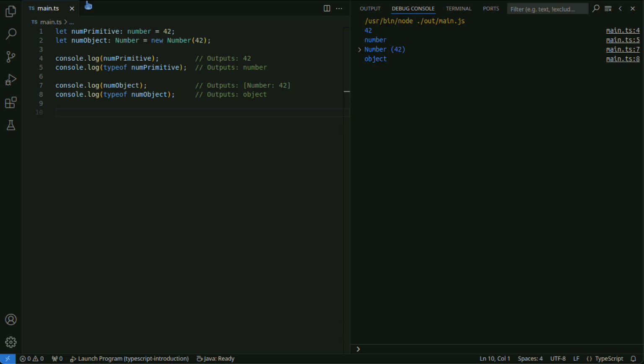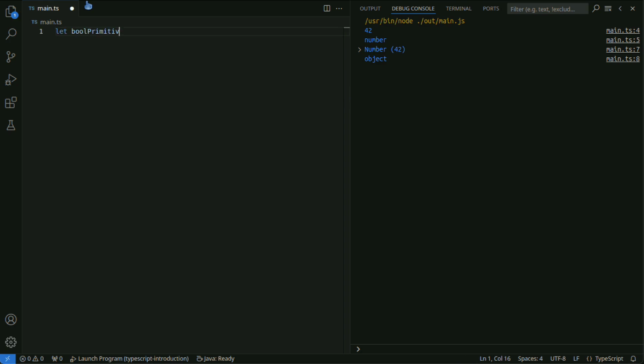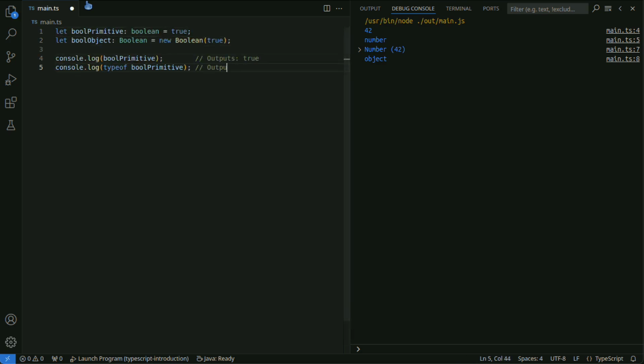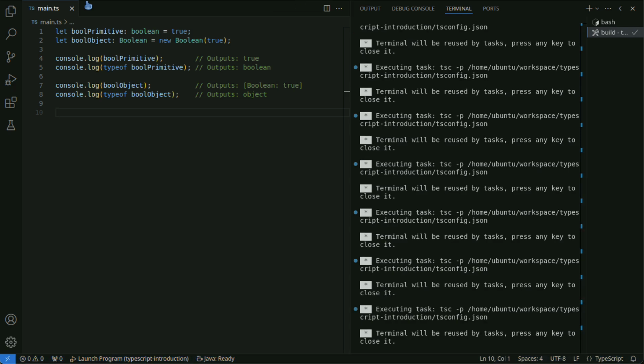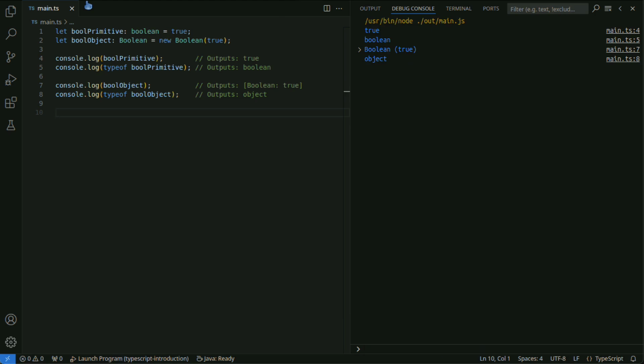The Boolean object provides properties and methods for Boolean values. The Boolean object is a wrapper for the primitive Boolean type and is treated as an object.